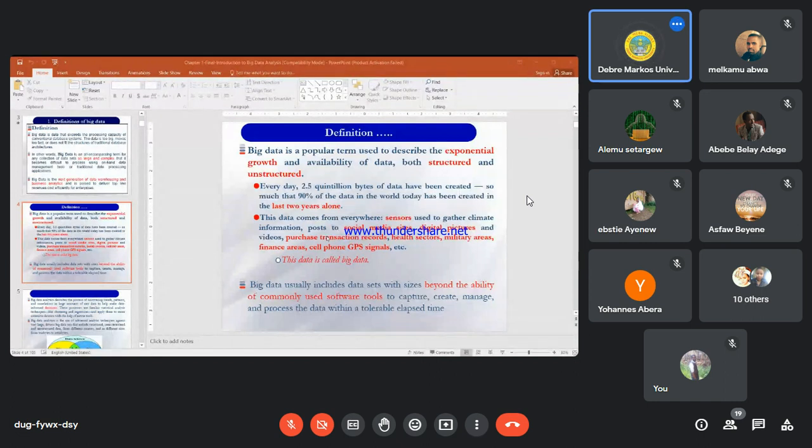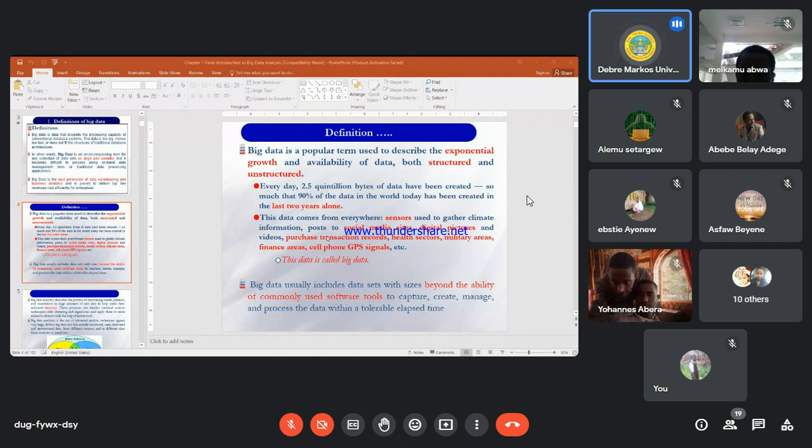But right now, data is very crucial. Data is the basic thing that we should use for processing and obtaining very important things that are used for making decisions. So big data is a popular term used to describe the exponential growth of data. As I told you, deep learning is not enough just for studying huge data, because deep learning is nothing but an algorithm that is used for processing data.